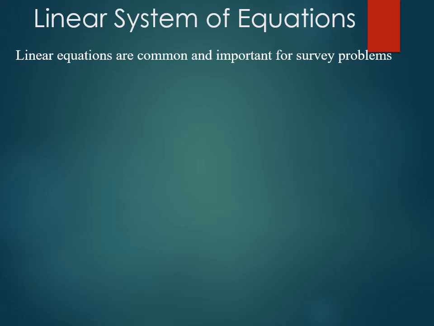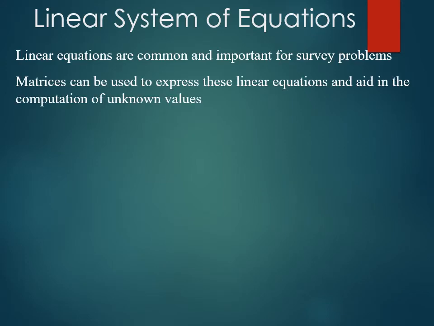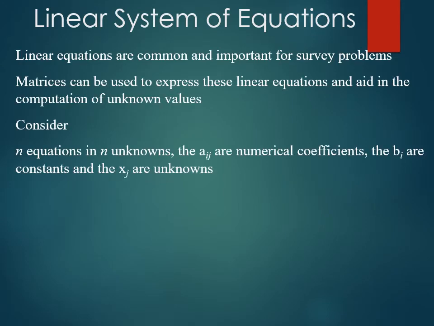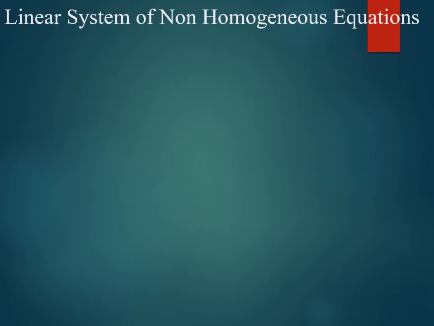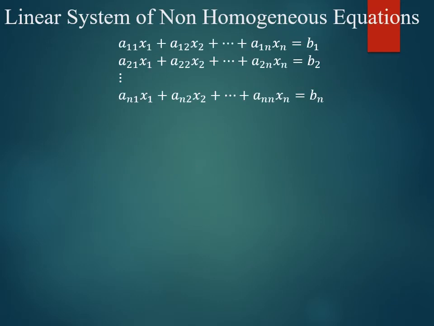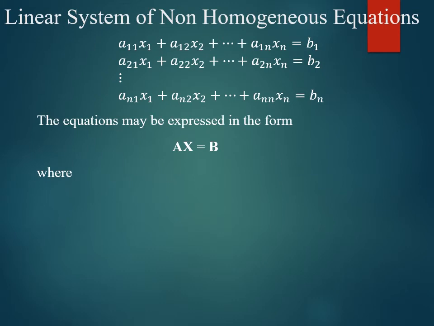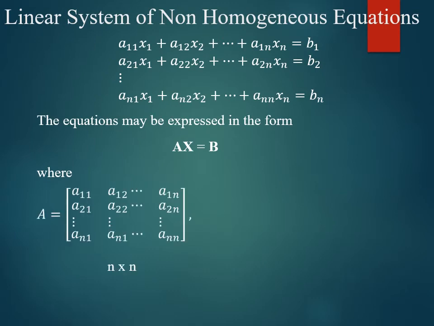Further, here we are going to solve the linear system of equations using matrices. So considering n equations in n unknowns, we can represent a system of linear equations like this. Considering system of non-homogeneous equations, all b1, b2, bn will be not equal to 0. Thus, for a non-homogeneous system of equations, the matrix form can be Ax equal to B, where coefficients of x1,